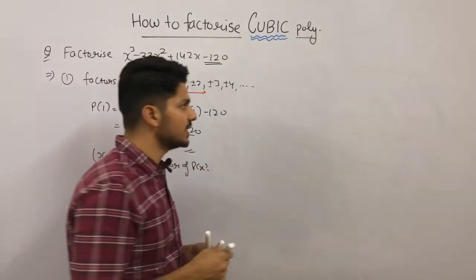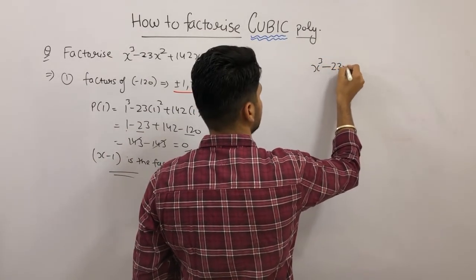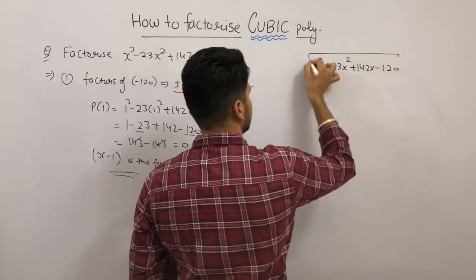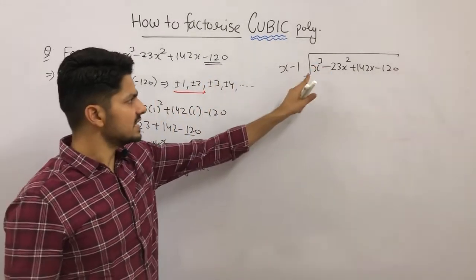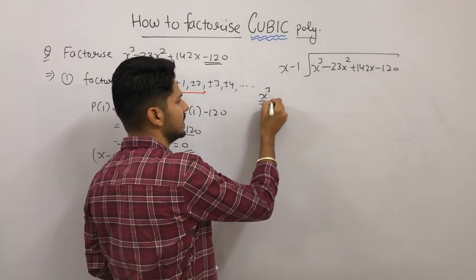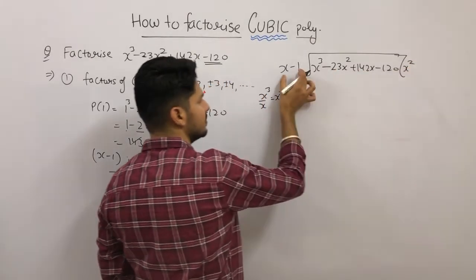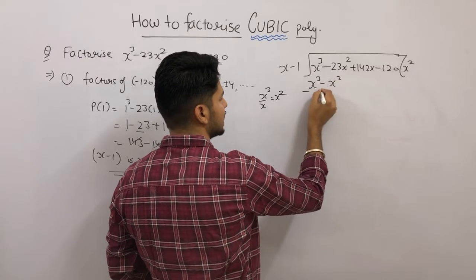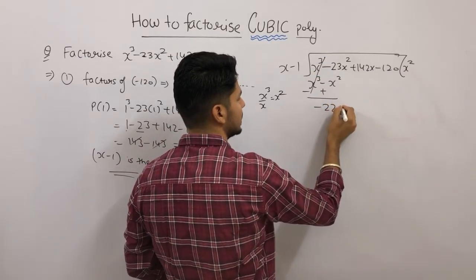Now what we have to do is divide. So divide our given polynomial, that is x cube minus 23x square plus 142x minus 120, by this factor, that is x minus 1. Again, highest power is x cube, here x. If you divide x cube by x, you will get x square. So I will write here x square. X square will be multiplied by this, so you will get x cube minus x square. Subtracting both of these, signs will reverse, this will cancel out and you will get minus 22x square left.